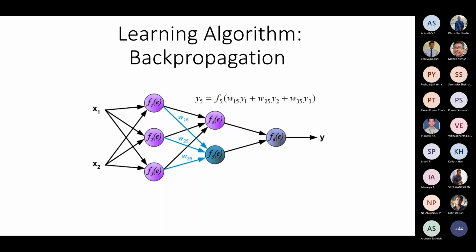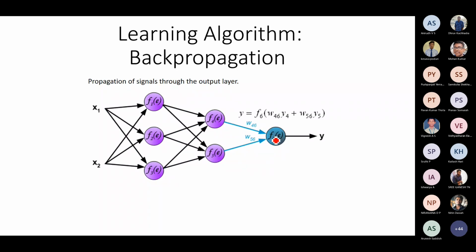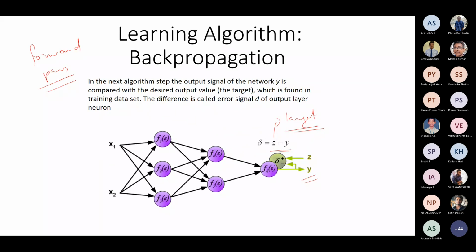Okay, and Y4, Y5 will be given to this one. So you call this W46 and W56 respectively, which will be my actual output Y. Now this Y will have a deviation. So call it the change delta, which is the target. This is your target, which is found from the records. That is, you will be getting this Z from your supervised learning model. So whatever you observe, that is minus Y. So Z minus Y is your change of delta.